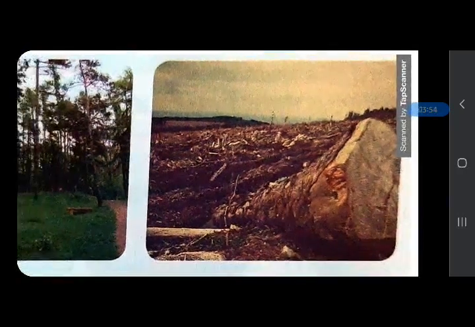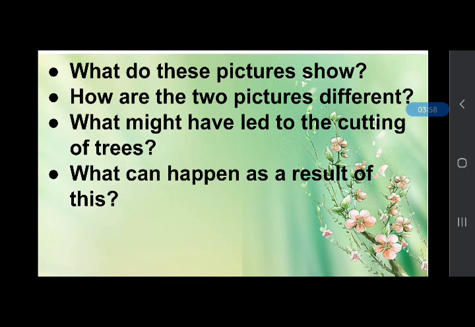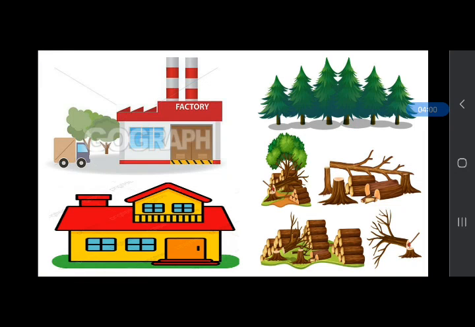And why are the trees cut down? The trees might have been cut for clearing the forest to make roads, to use the land for farming or building factories. If trees are cut and the forests are cleared, animals will disappear.